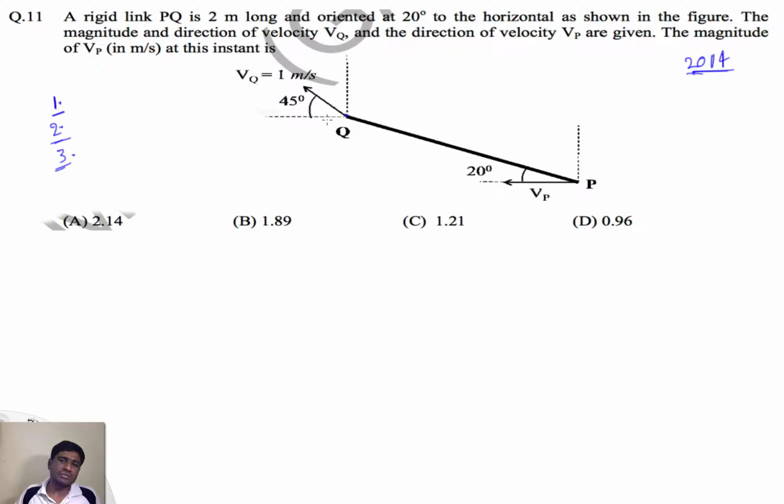Here in this one there is no fixed point, but they have given the velocity of the points P and Q on this link. So this is absolute velocity and this is also absolute velocity. That means it has to be with reference to some other point. So that point I will consider as O, and they have given the velocity Vp in this direction. So let's draw velocity Vp like this, and the velocity Vq, which is making an angle of 45 degrees with the horizontal link. So here I have drawn a velocity